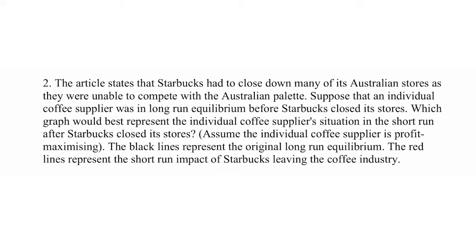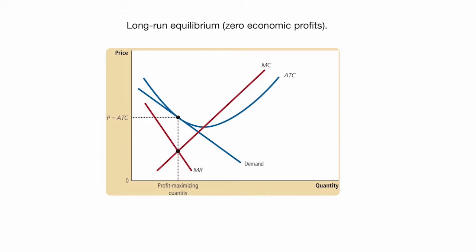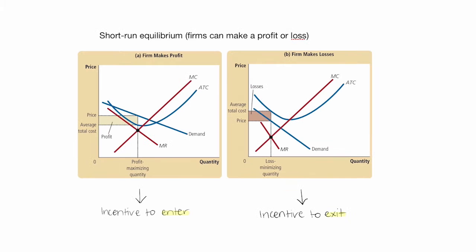The black lines represent the original long-run equilibrium. The red lines represent the short-run impact of Starbucks leaving the coffee industry. In long-run equilibrium, firms earn zero economic profits. As a result of Starbucks shutting down, we must determine the short-term impacts on the individual coffee supplier. Unlike the long run, a firm does have the ability to make a profit or a loss in the short